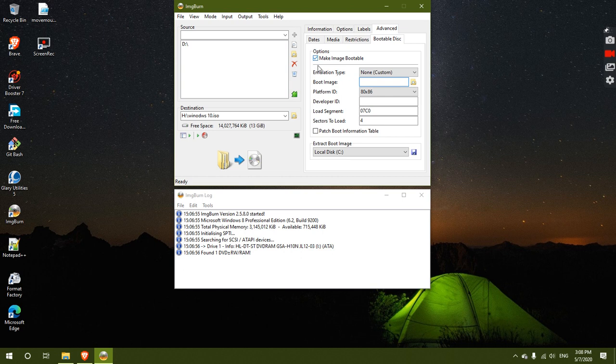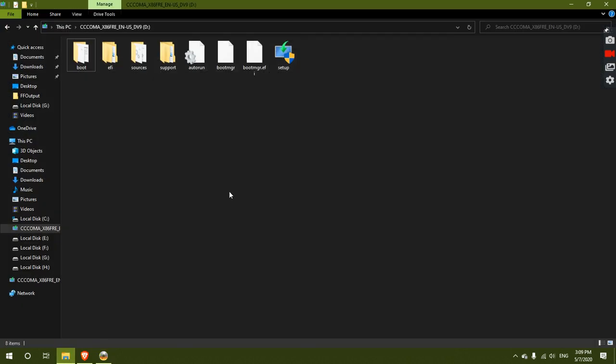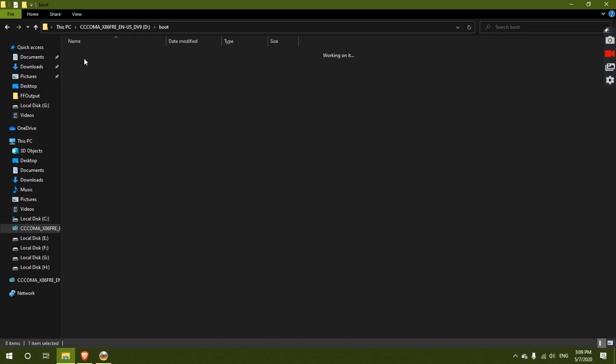One of the most important steps in this process is you need to select a boot image. The boot image is nothing but an MS-DOS file in the pen drive which you need to select. I will show this file which I am going to select. This file mainly exists in this boot folder.